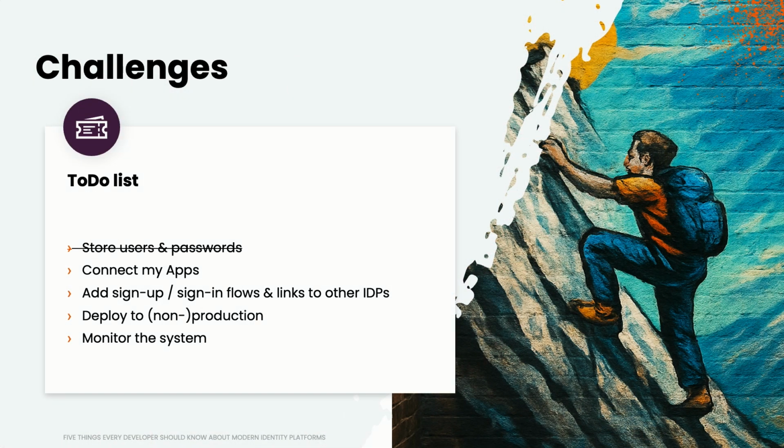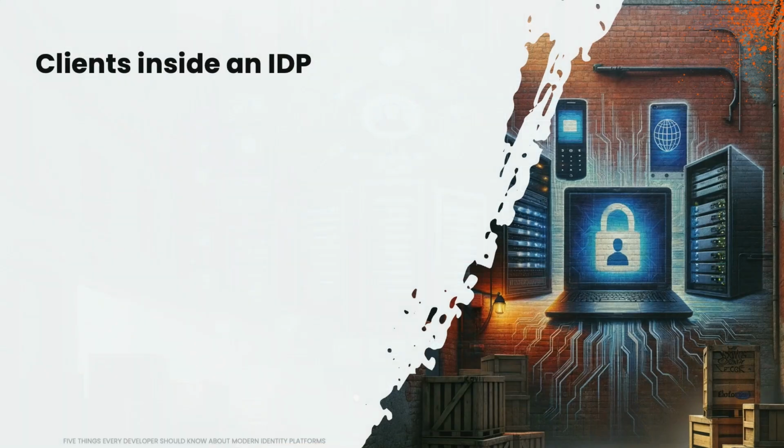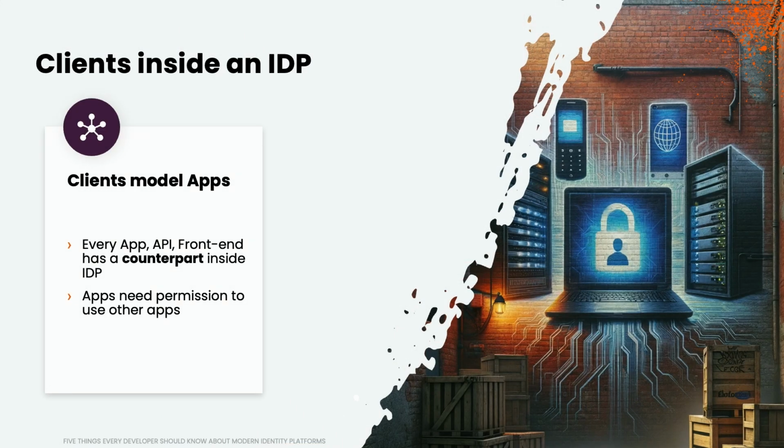All right, so we can cross off the first item from the list. An IDP can store usernames and passwords. But if you have an application, you probably want to make sure that the front end, for example, can use the API. And this is what I mean with the application integration. The way you would do that is by adding these things called clients inside the IDP. So every